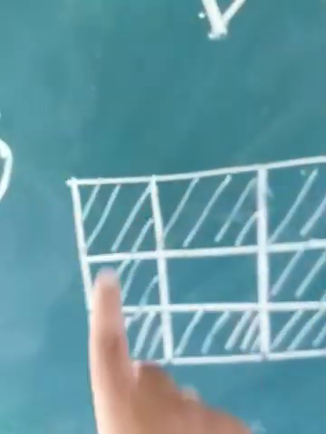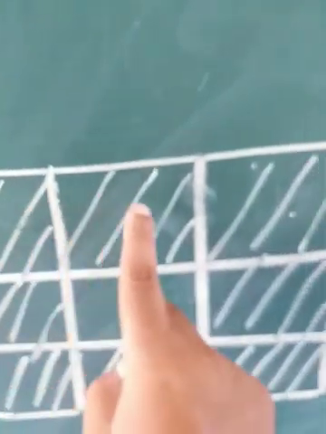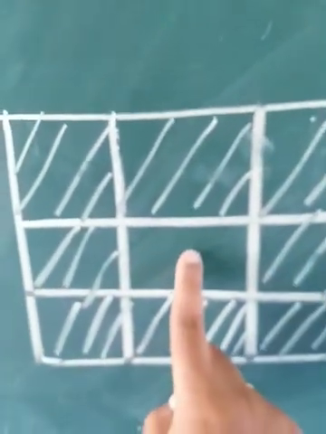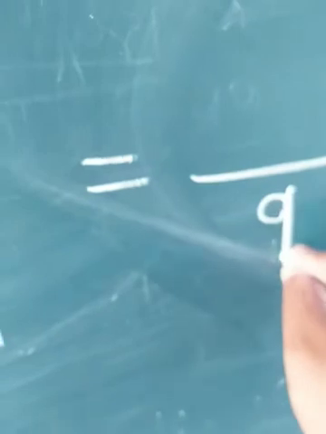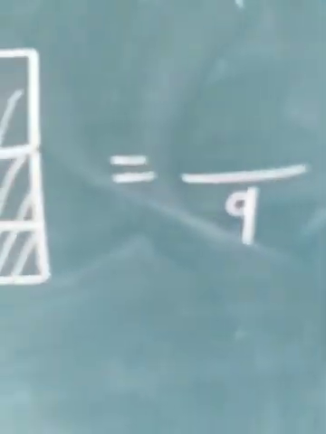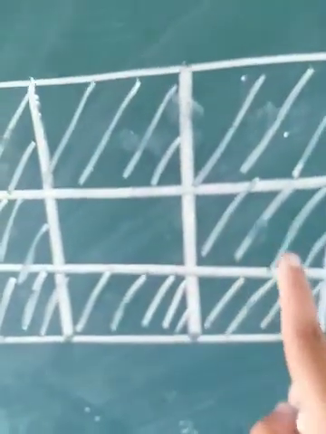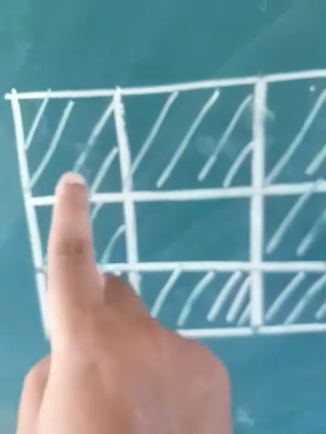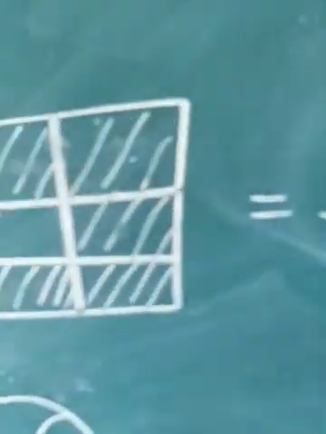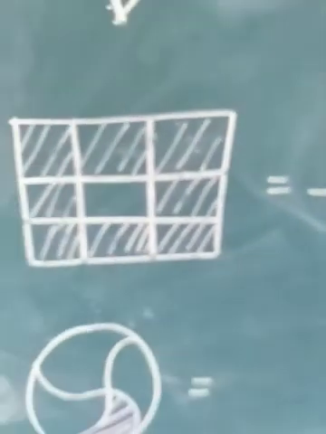Okay, let's move on to sum number 2. Now again you see this whole rectangle has been divided into how many parts? You have to count it. 1, 2, 3, 4, 5, 6, 7, 8, 9. So this whole figure has been divided into 9 equal parts. Now how many parts are taken as consideration? That is 1, 2, 3, 4, 5, 6, 7, 8. So 8 regions are shaded. So you will write 8 by 9. So these are very easy, students.